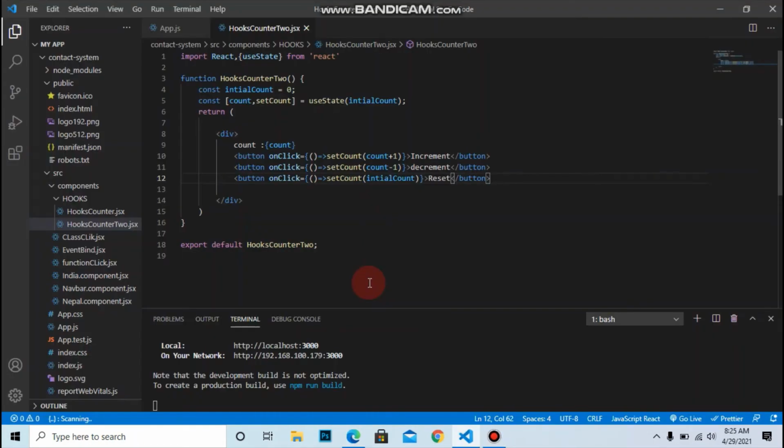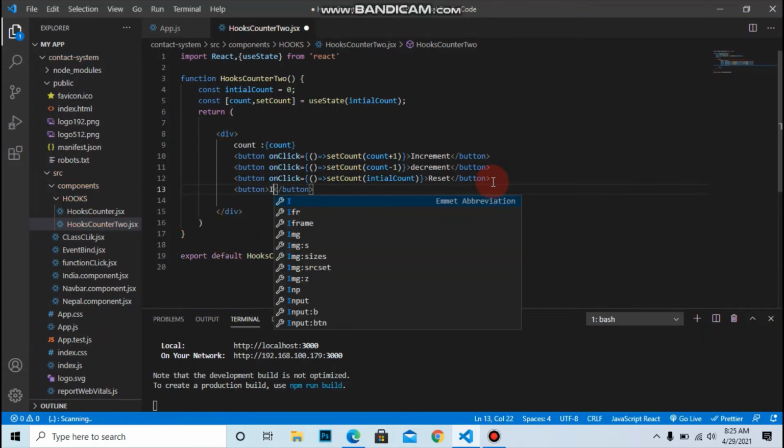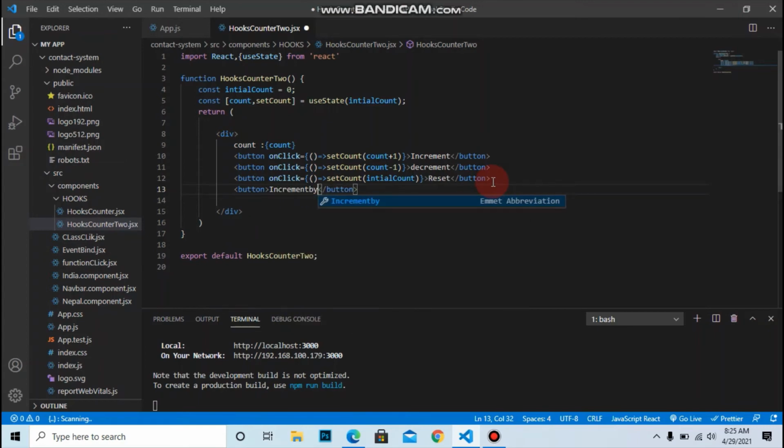So let's make another button to increment by 5. Then pass one event handler, onClick, and pass the increment5 function.